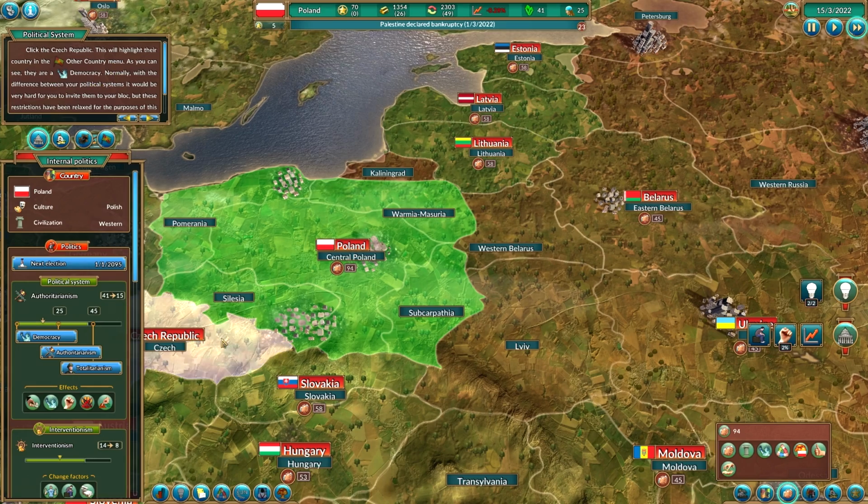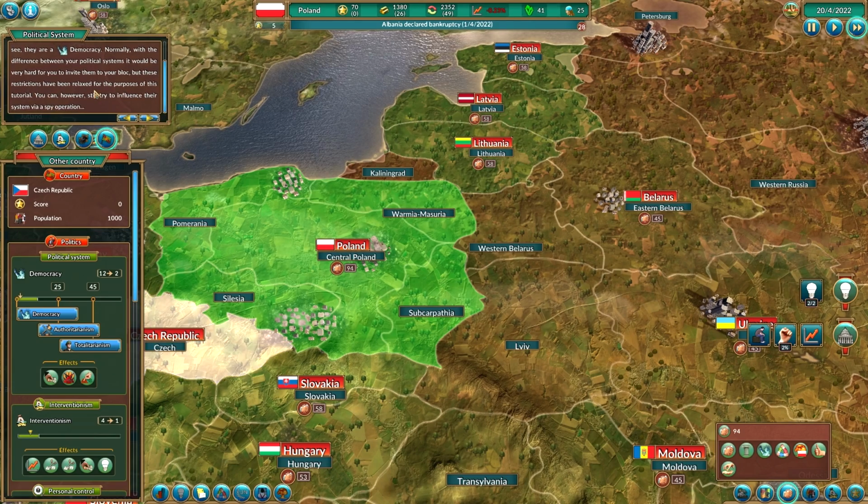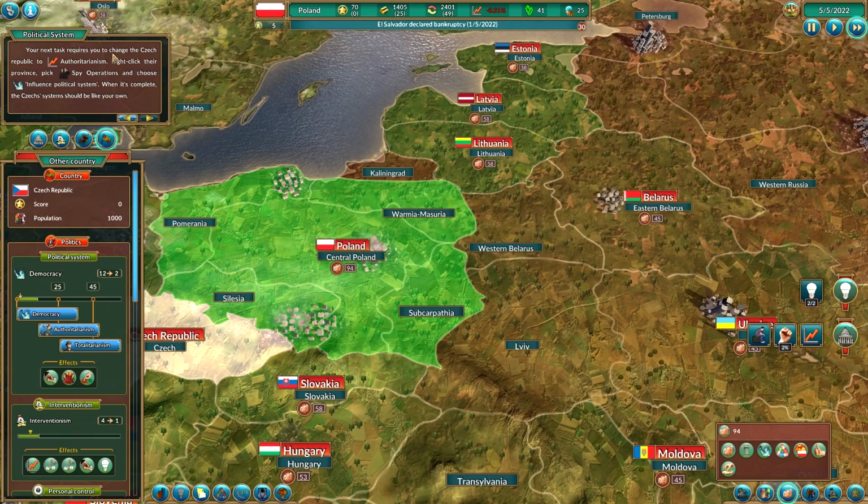This will highlight their country in the country menu. As you can see, they are a democracy. Okay. Normally, with the difference between your political systems, it would be very hard for you to invite them to your bloc, but these restrictions have been relaxed for the purpose of this tutorial. You can, however, still try to influence them via a spy operation. Your next task requires you to change the Czech Republic to